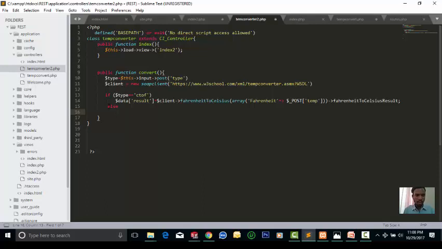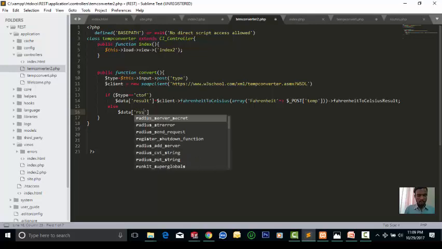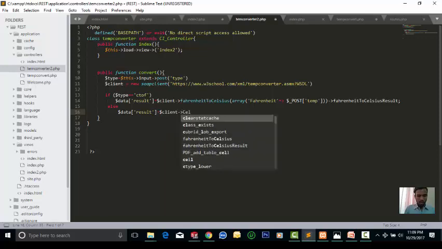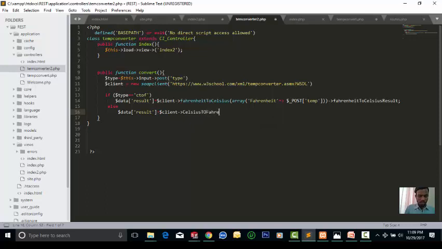Another one, if we execute, if type is not ctop, then we have another data for execute, data result client, Celsius to Fahrenheit, and we are using another option, that is Celsius to Fahrenheit, and into another array for this